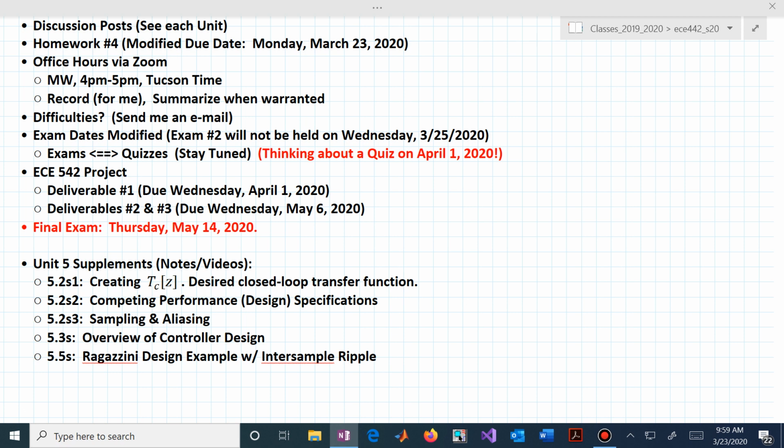In 5.5 supplement, you'll see a Ragazzini design example that illustrates this intersample ripple that you want to be aware of, that can happen in a discrete time system.